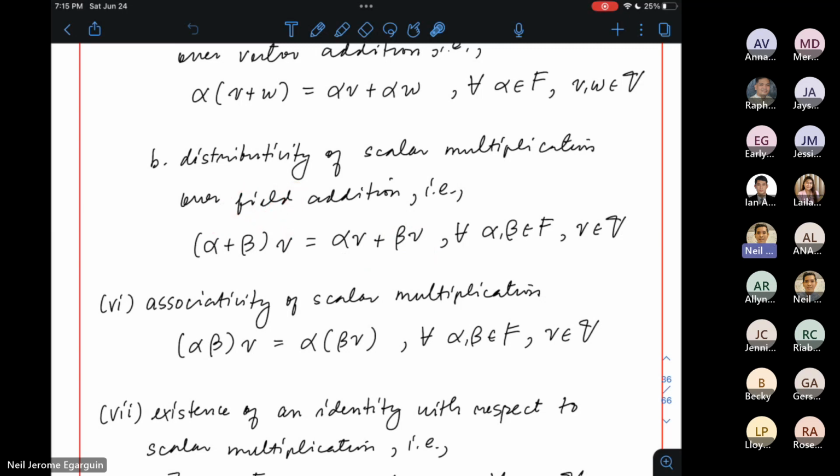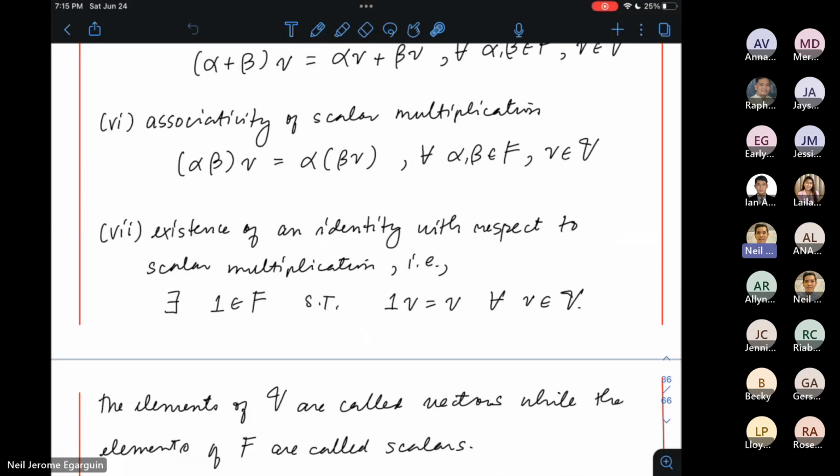Okay? That clear? So medyo mas matrabaho pala to ng kaunti kaysa dun sa fields. Kasi dalawang scalar, dalawang distributive laws yung kailangan nating i-check. And I hope you see the difference between the two distributive laws that we are dealing with, right? And then meron pang dalawang properties. These two properties are isolated for the fields for scalar multiplication.